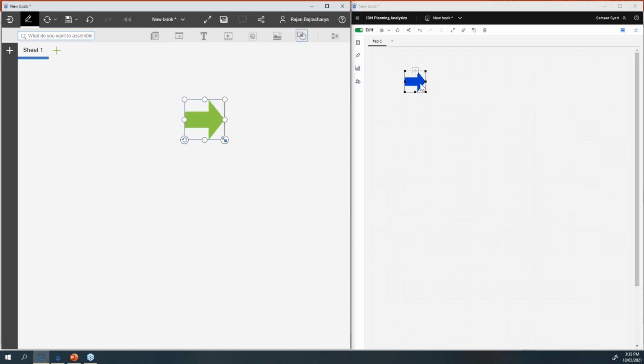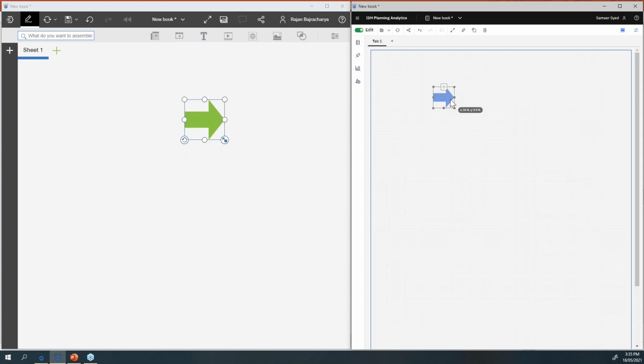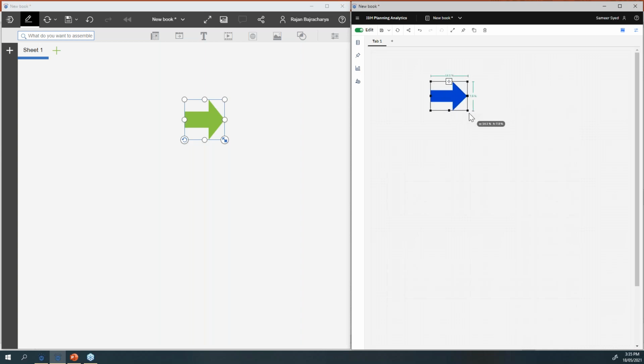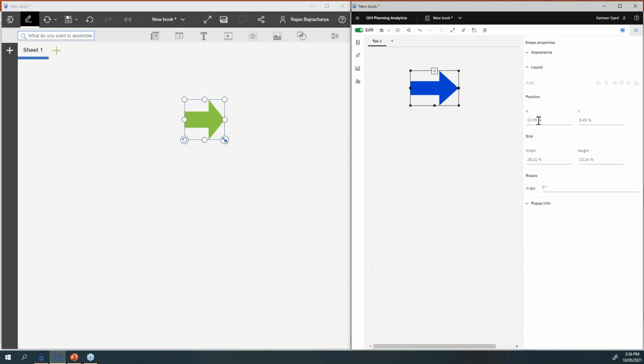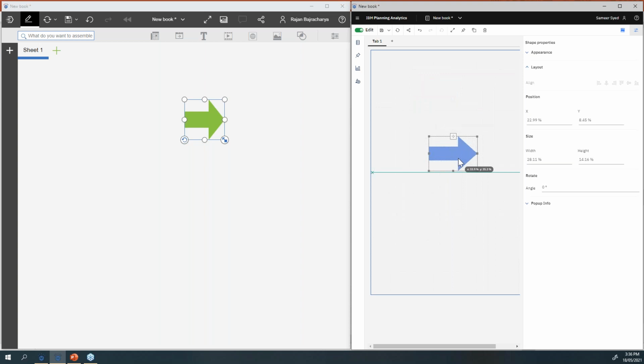But when we come to this new version, the first thing you'll notice here is the position, the X axis and the Y axis. And if I want to expand this, it gives me the width and height. So not only the width and height. If I go to the properties now, I can see here the position. If I move this, you'll notice that the position has changed, the x-axis and y-axis, and the width and the height. If I move this, you can see that has changed.